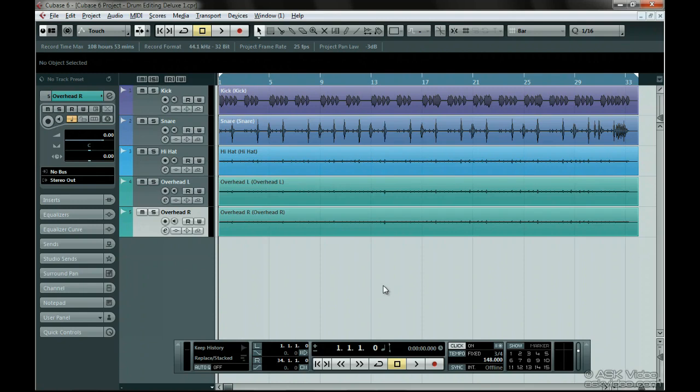Now, this used to be a trade secret, and I know a lot of people that would be pretty mad at me for sharing this. But now that Cubase 6 is out, anyone can edit drums with the finesse of a pro. I still use the method I'm about to show you for lining up electronic drums with acoustic drums for a more human feel. For a long time now, we've been able to edit the timing of individual drums such as